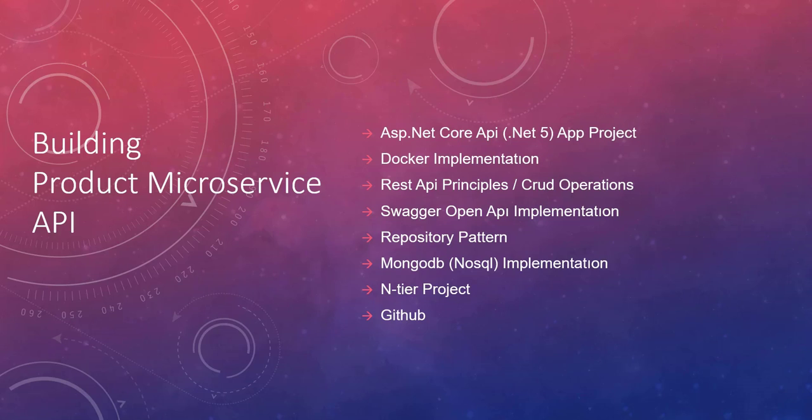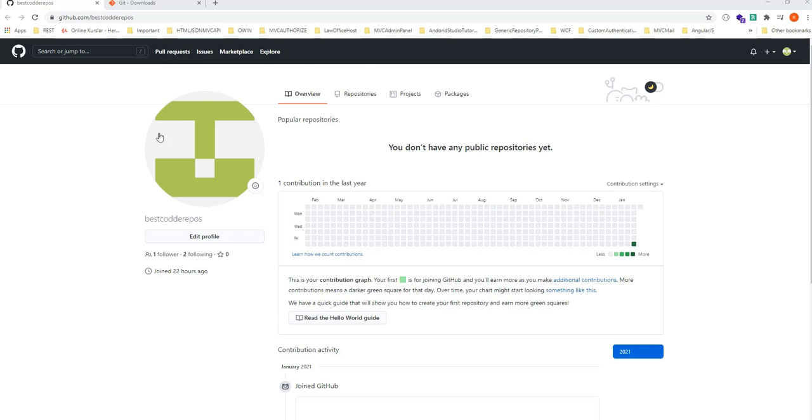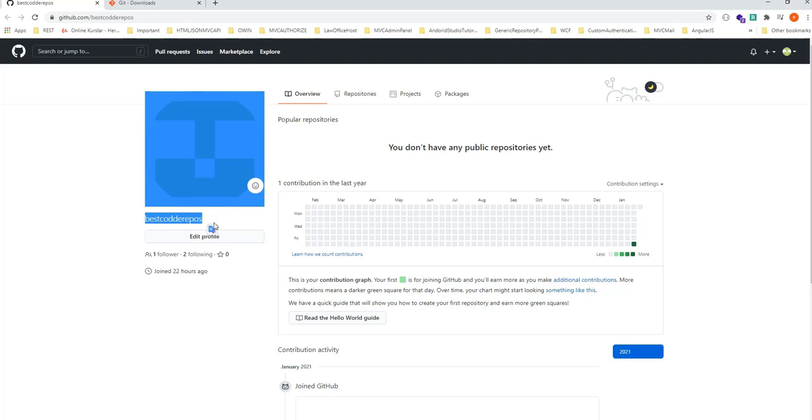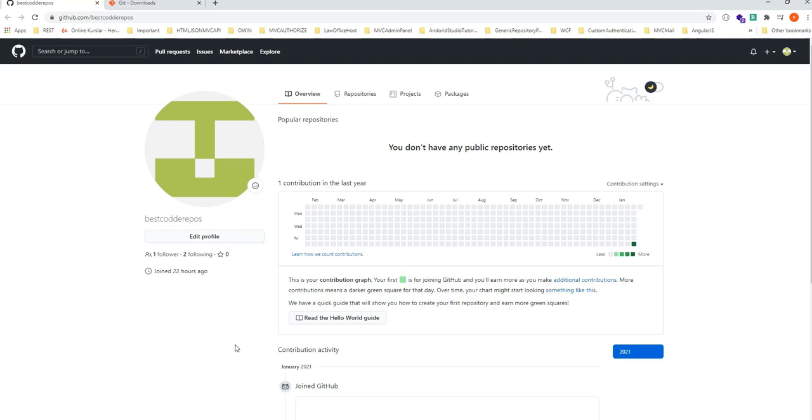I'll show you right away. Yes, this is our account. You can follow the source code of the project we have done with BestCodder in the repos section.